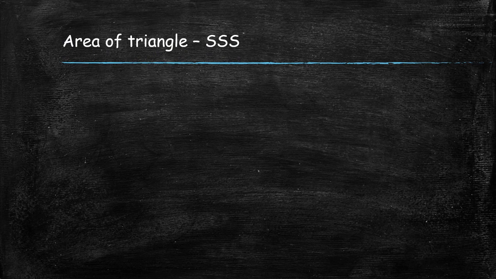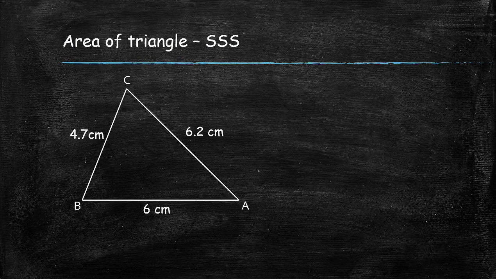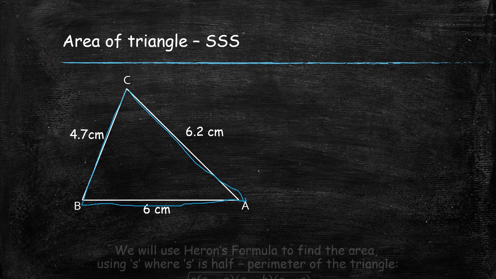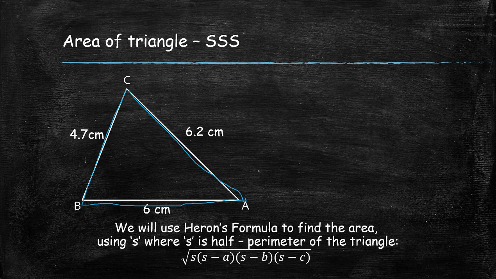Area of triangle SSS. These 3 sides are given. So SSS means all the sides are given: side BC, side AB, and side CA. So AB is 6 cm, BC is 4.7 cm, and CA is 6.2 cm. So in this, when 3 sides are given, we use the Heron formula, where S